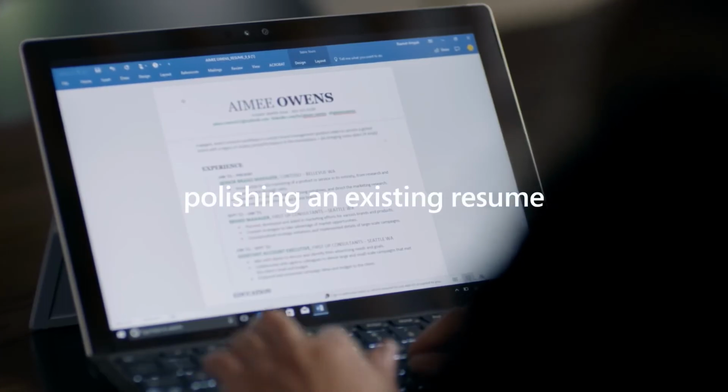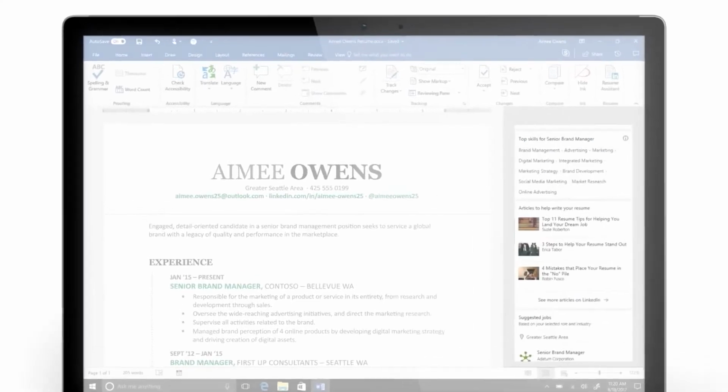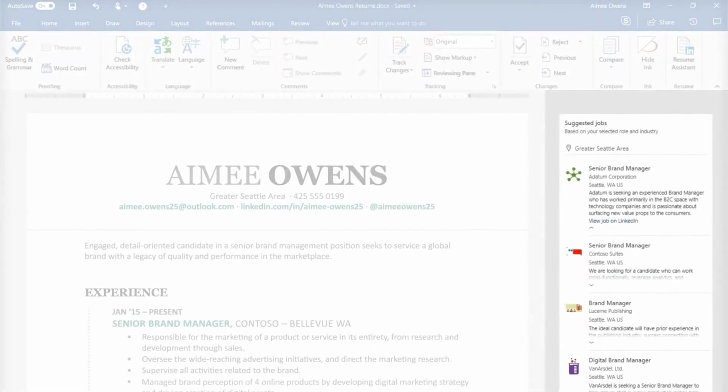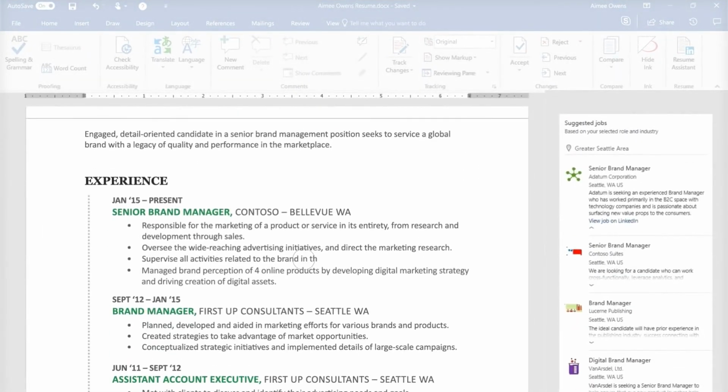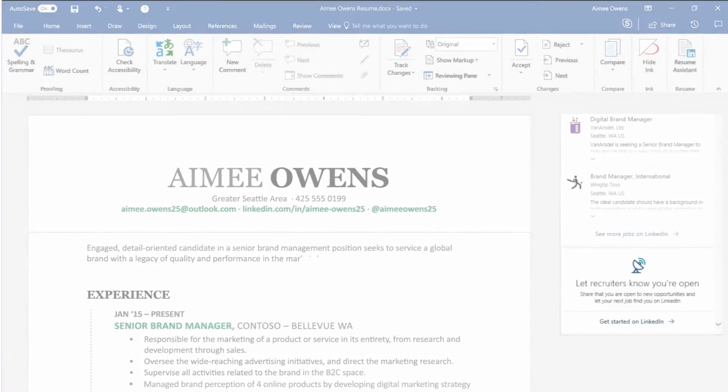You can also find articles to help write your resume below the top skills section, which can help you get started with your first resume, update your old one, or even assist you in making your good resume a great one. Resume Assistant doesn't just help you make your resume look good and stand out. With the suggested job feature, LinkedIn will find and suggest various jobs based on the role and industry you previously entered. Once you've found a role that you'd like to hear more about, click on View Job, which will bring you to the full job description on LinkedIn.